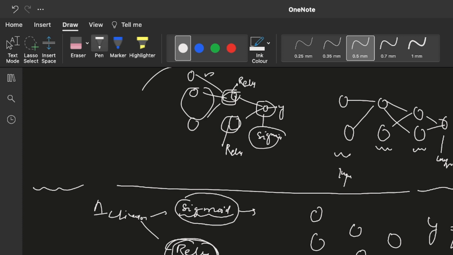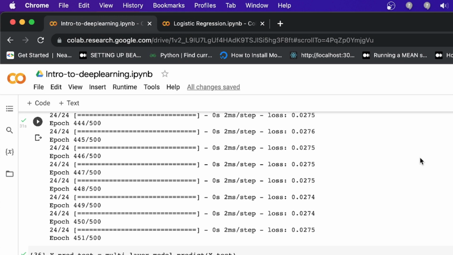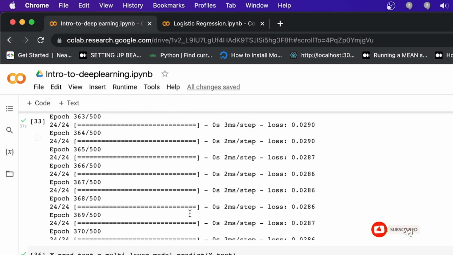Any more queries, guys? If you have any query, if you're not understanding any line of code, please let me know. Let me share the code, because this code is very important.